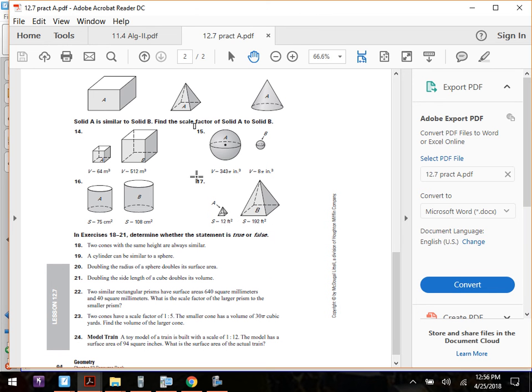If you start with two similar figures, A to B,